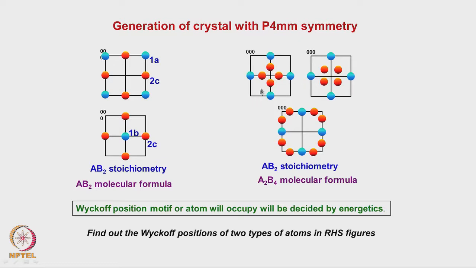Because of this, depending upon the energetics and the type of interaction, whether it's a covalent or ionic type of bonding, these atom positions could move in these directions, correct? But even if it moves from here to a closer position, if you look at the symmetry, it remains the same, that doesn't change, right? The exact position atoms occupy in the crystal can change depending upon the types of atom which are involved, but the symmetry remains the same, okay?